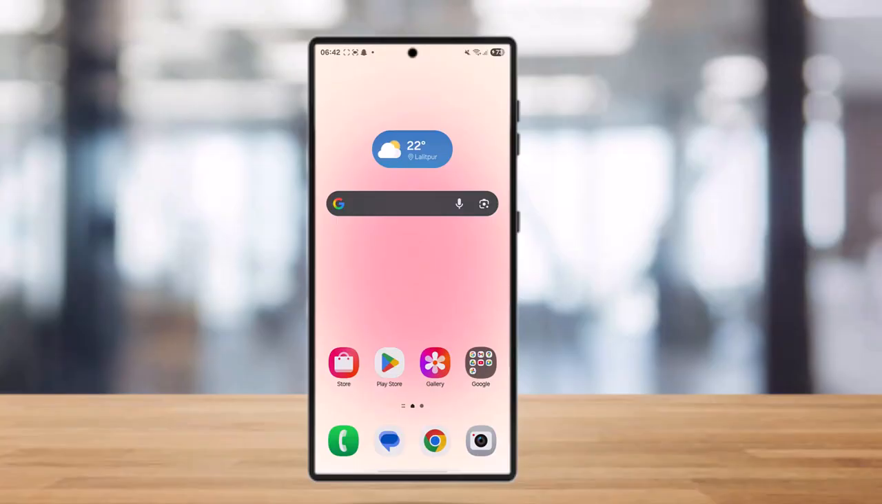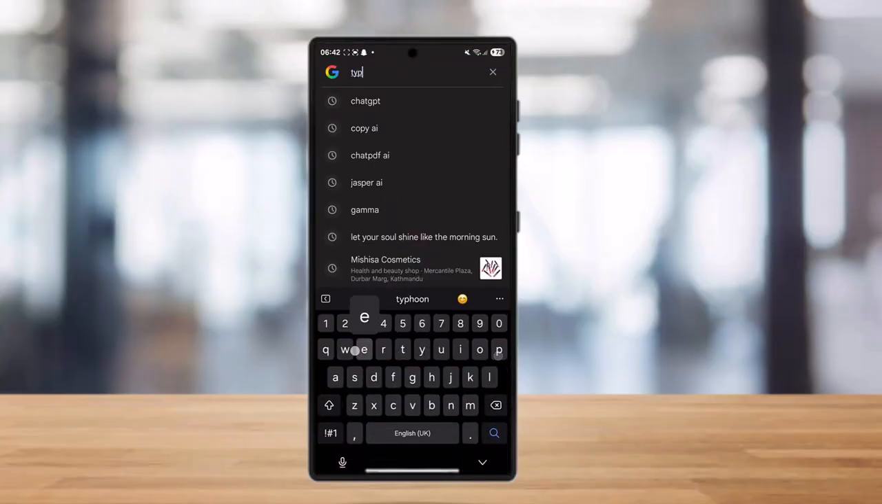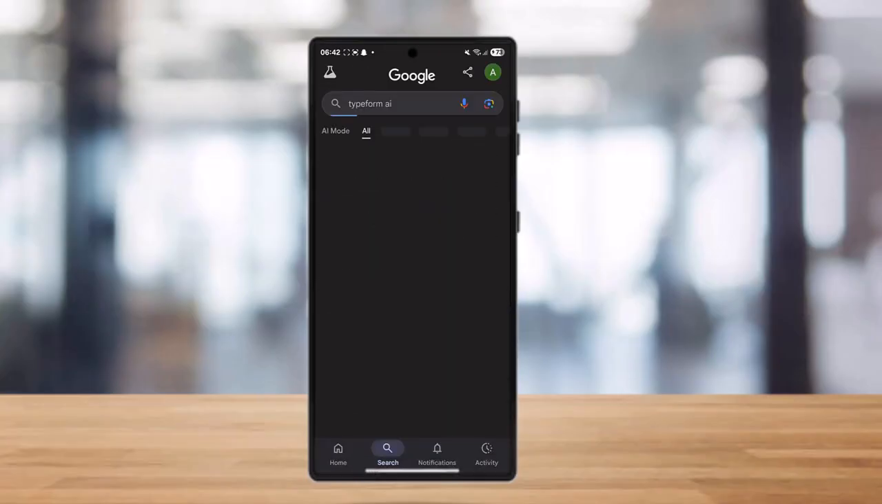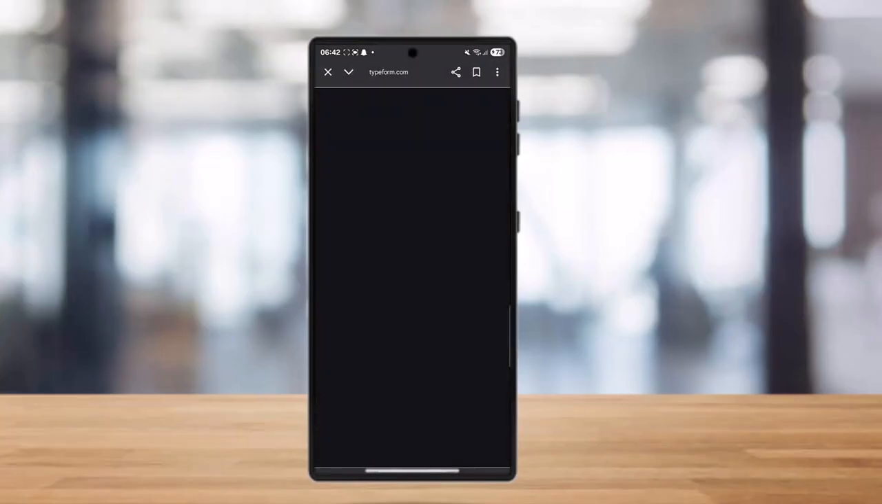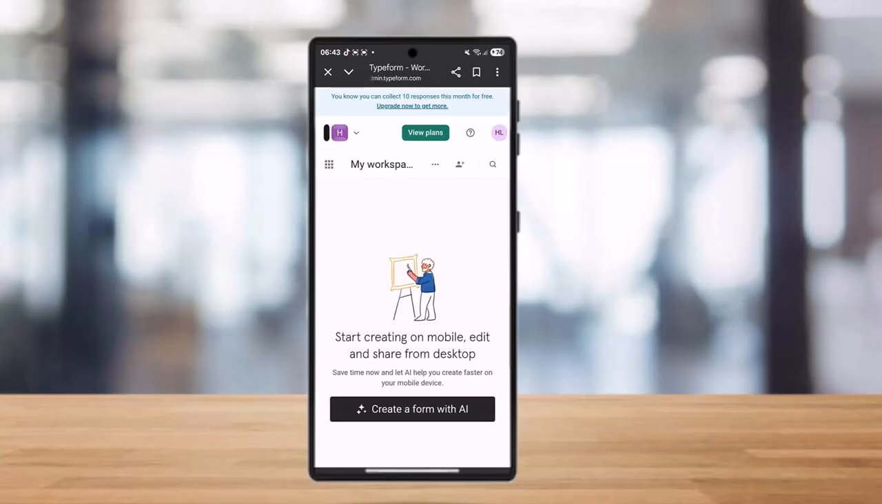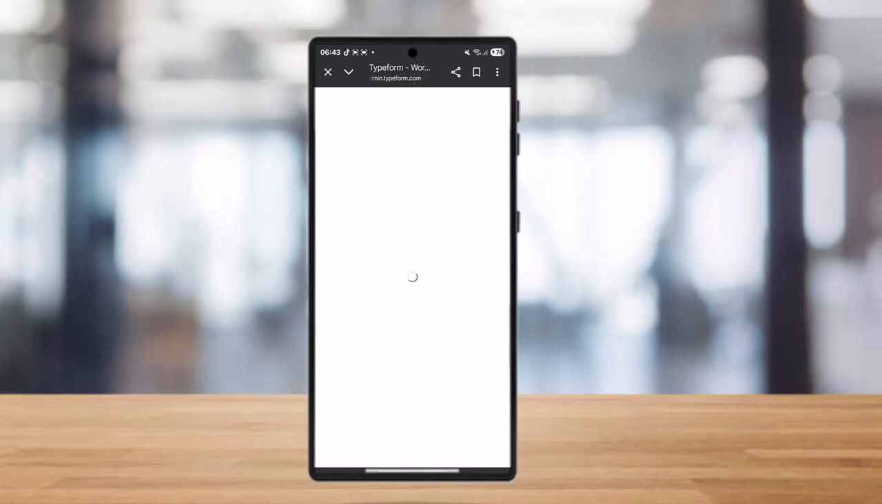To build AI quizzes for lead generation from Typeform AI, all you gotta do is simply go to Typeform. Once you go to Typeform, all you gotta do now is simply tap it open. After you tap it open, you need to simply start a new form with AI. You need to simply tap on create a form with AI, and once you have done this, you need to